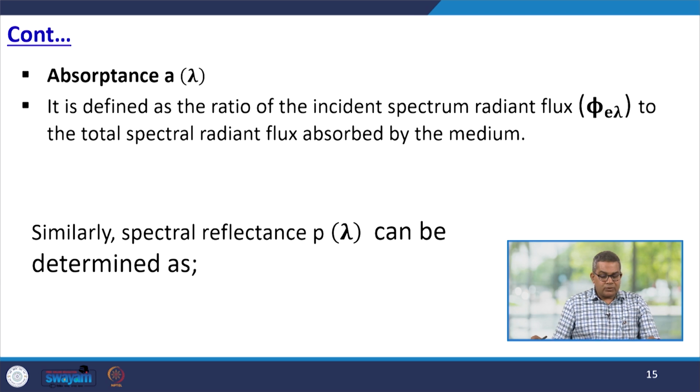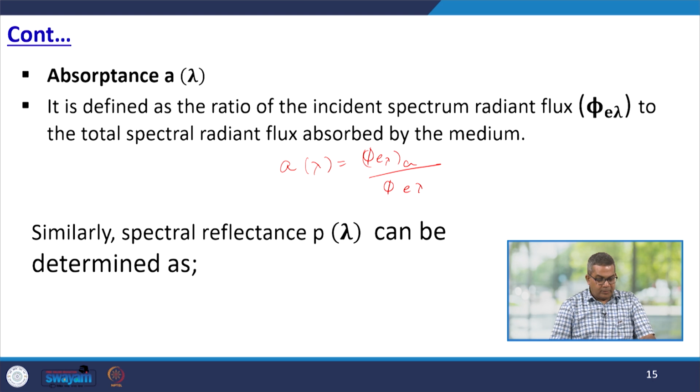Now, if we talk about the absorptance A lambda, it is defined as the ratio of the absorbed spectral radiant flux to the incident spectral radiant flux, which can be represented as A lambda is equal to phi E lambda A over phi E lambda. Similarly, the spectral reflectance rho lambda can be determined as rho lambda is equal to phi E lambda rho